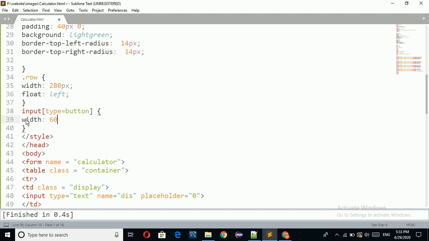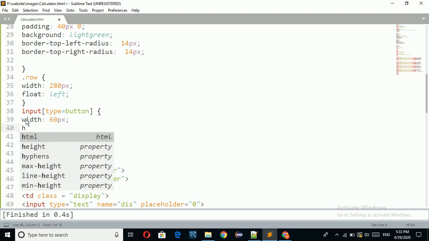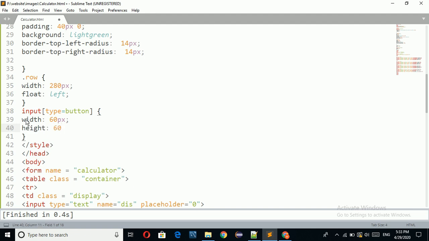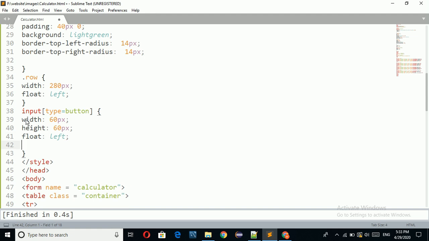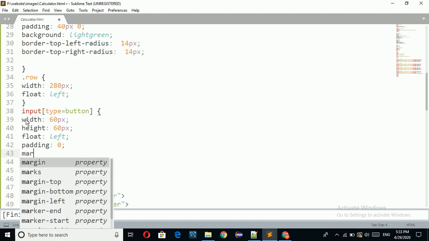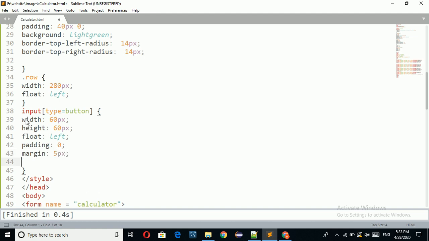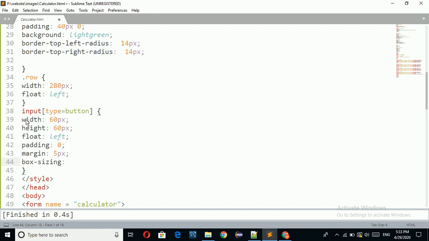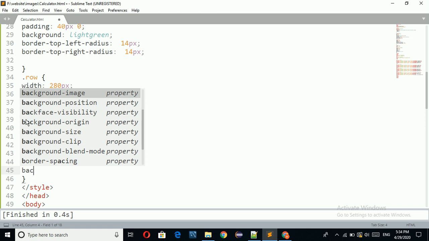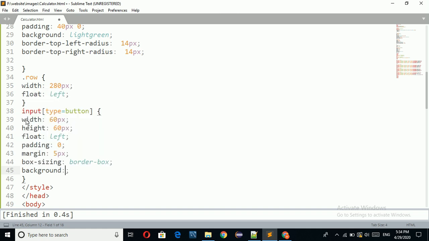So button width equal to 60 pixel, and height equal to 60 pixel, and float left, and padding 0, margin 5 pixel, and box sizing equal to border box, and background equal to #ECEDEF.